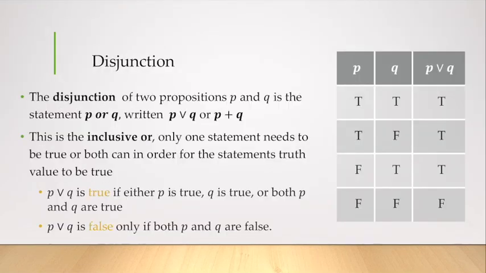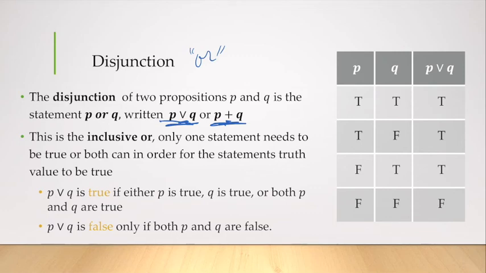A disjunction is what we call our OR statement, right? So the disjunction of two statements P or Q is written P or Q or P plus Q. There's two different ways to note it. We're going to use this notation here. What this means is this is the inclusive OR. So only one statement needs to be true, or both can be true in order for the statement's truth value